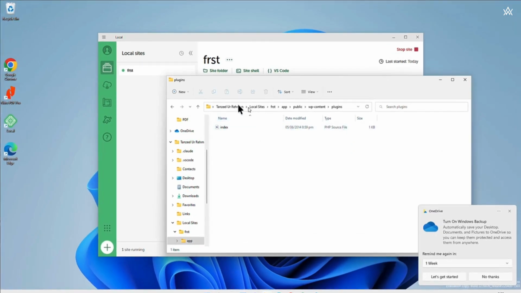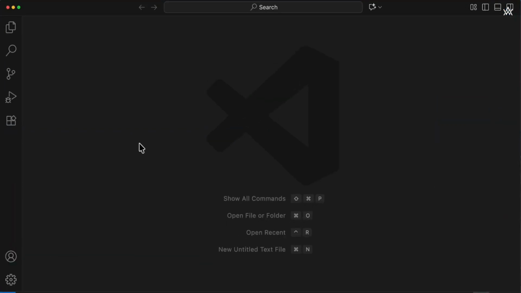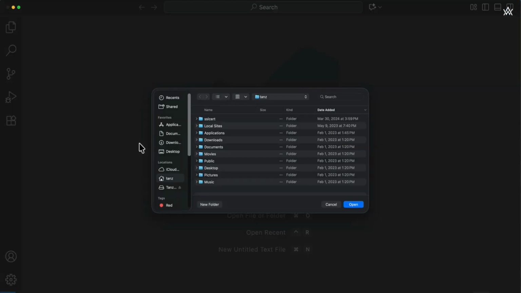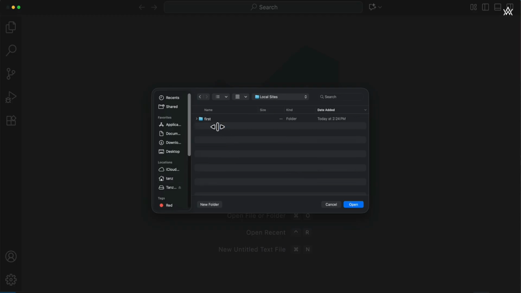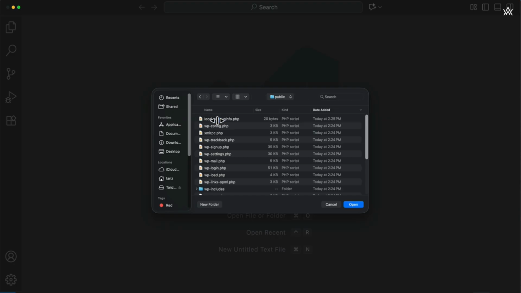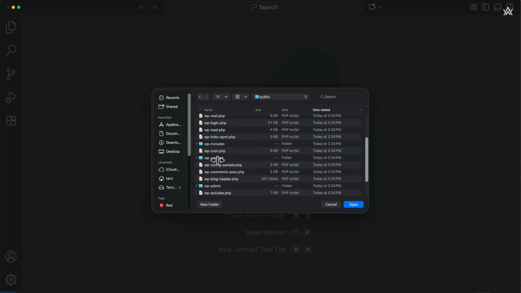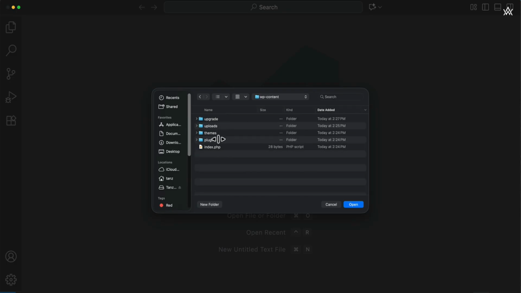In the case of Windows, it's going to be in your home directory, Local Sites, first site, or whatever your website name is, app, public, wp-content, and plugins, and over here you will need to add that. Alright, so inside your VS Code, you need to open it. Just hold Command and O, and it's going to open. Inside your home directory, whatever your username of your operating system is, you have to go into Local Sites, first site, and after that go into app, public, and in public go into wp-content, plugins,